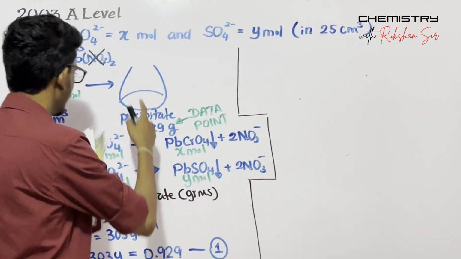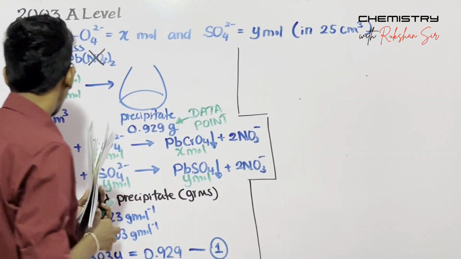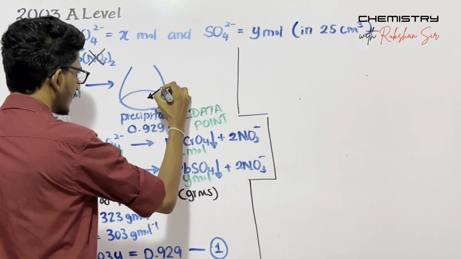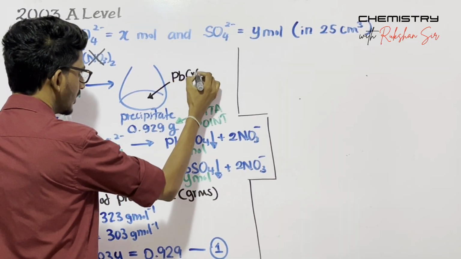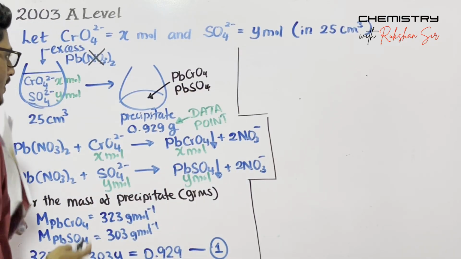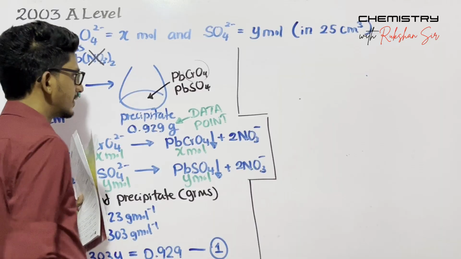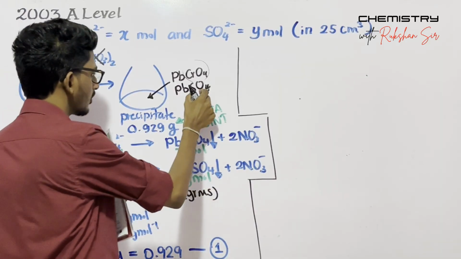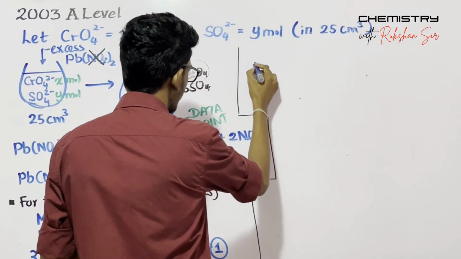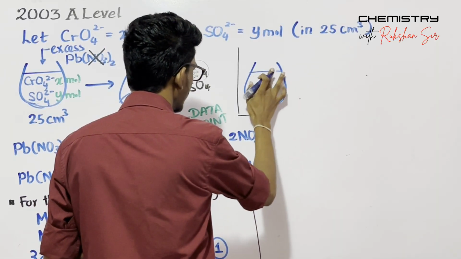So what will happen? The precipitate will dissolve if you don't have a strong acid anion there, right? So actually this precipitate contains lead chromate as well as lead sulfate, right? Chromate is not a strong acid anion, so that thing will dissolve. And this is the dil acid, right? So we can write, this is your precipitate,